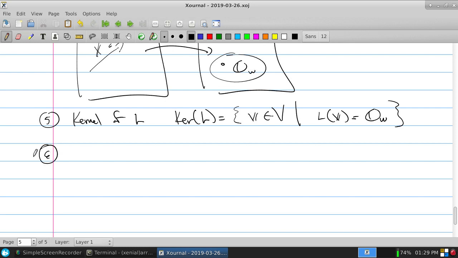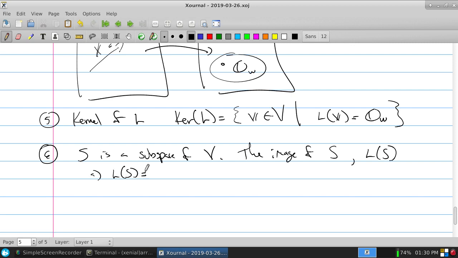And the sixth one that may be of interest here is the idea of, if I have a subspace on the left, where does it go? What's an image? I can take a single function and find its area. I can take a single vector and find a vector. But what if I take a bunch of them, take a subspace and move the entire thing? So if S is a subspace on that left-hand side, the image of S is going to be written as L of S. Just map that entire subspace. L of S is going to be equal to